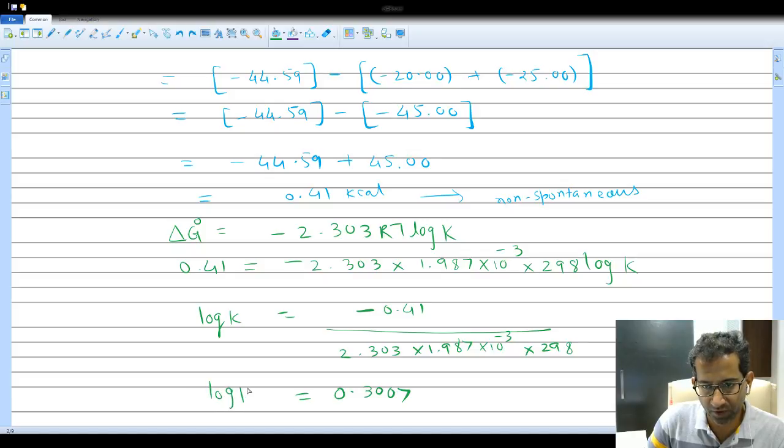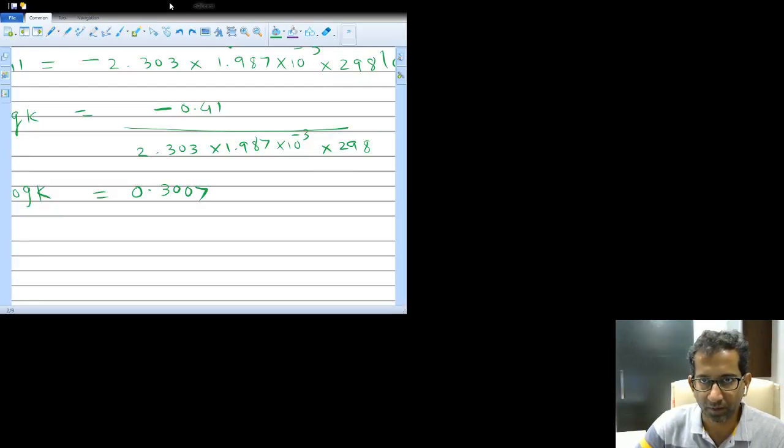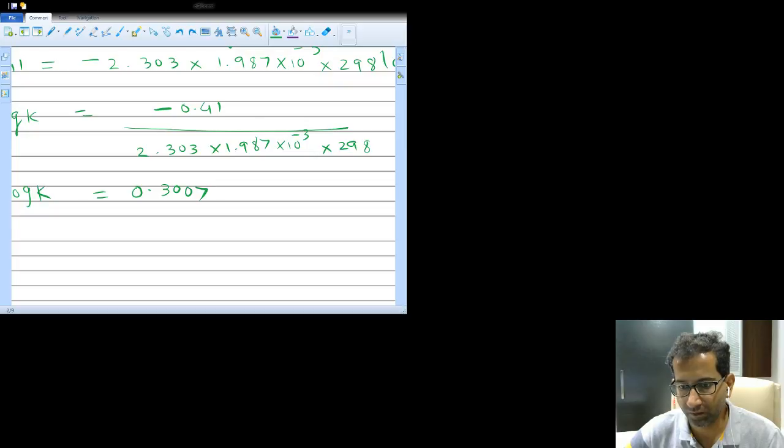This is our log K. Now taking anti-log on both sides, we have to take the anti-log of 30, 0, and 7, and this turns out to be